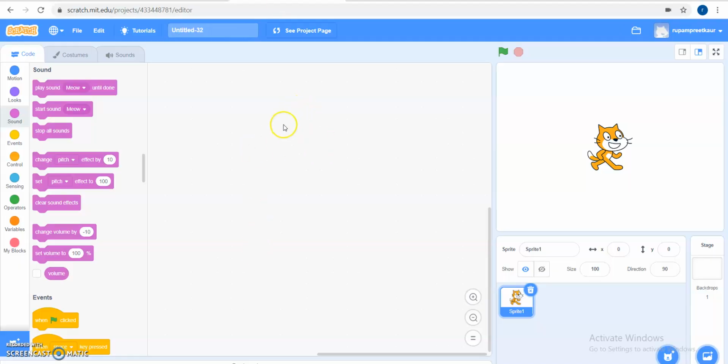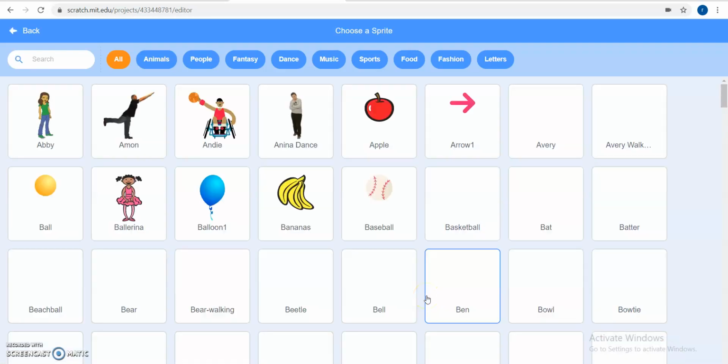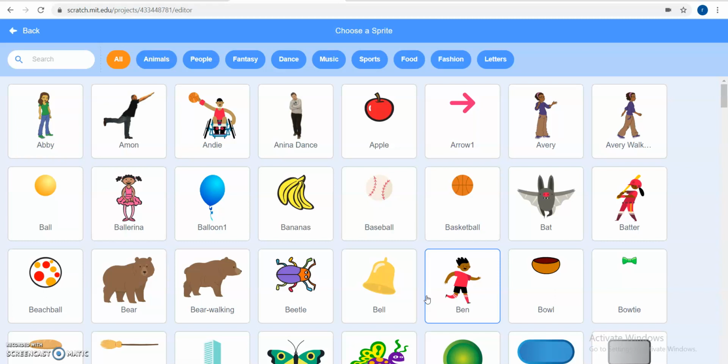So this is the IDE of Scratch. If you want to add a sound, first of all, the first step must always be to choose a relevant sprite according to your program. So how can you choose a sprite? From the bottom button at the right hand side, click on this choose a sprite button. You will see a gallery of the sprites. Now from this gallery